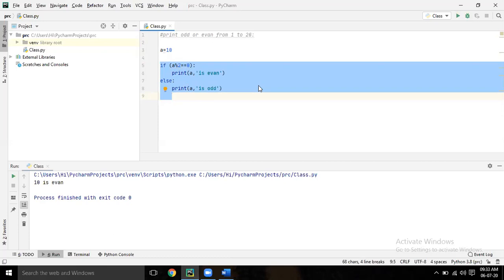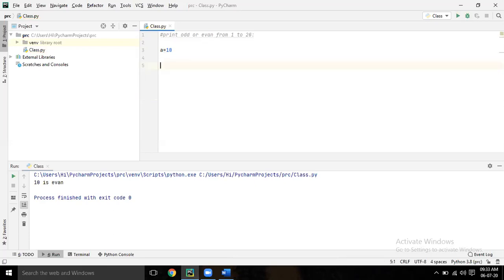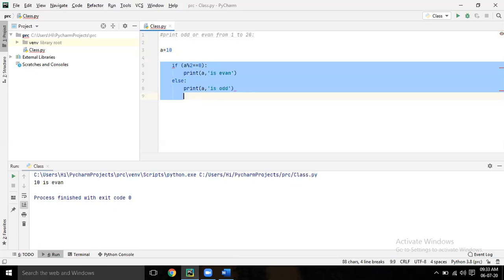Then press tab. Let it be. One tab. Control Z. Control Z again. Wait. Now come to A equal to 10, before if.